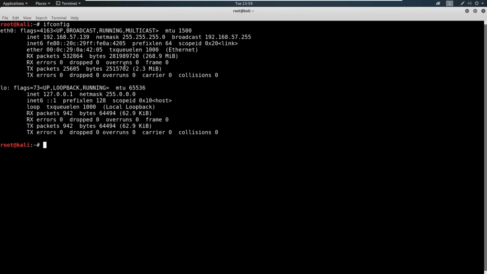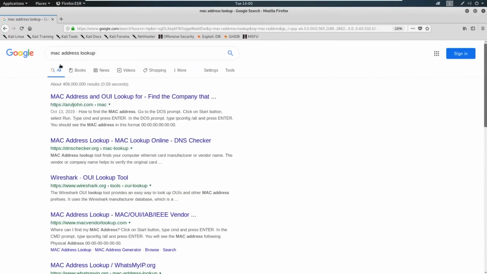Now there's something to be noted briefly about MAC addresses. Now MAC addresses have identifiers. So as you can see here, this MAC address has 6 different pairs of 2, right? And what we can do is we could take the first 3 pairs and we can just copy this and we can go out and we can try to put it into a MAC address lookup. Now for this one, this is just going to be VMware. I'm not sure if it's